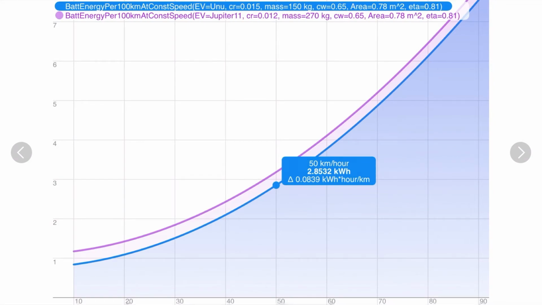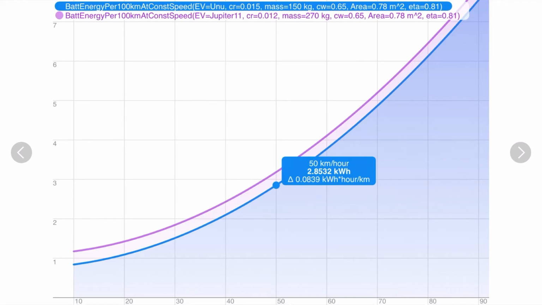The next thing I did here is I compared the Schooner Uno also with a Jupiter 11. These are two German companies which are building scooters. For the Uno, first of all, the mass is of course very reduced. I'm always assuming a driver weight of 80 kilograms. And the dramatic thing here is the drag coefficient, because this is very, very high for such scooters. So approximately